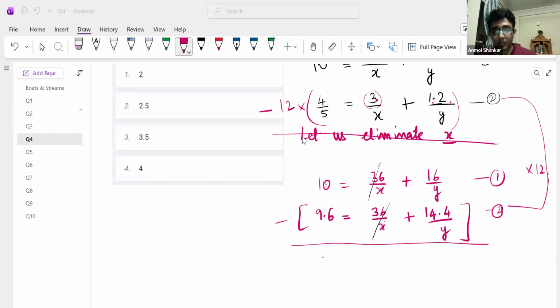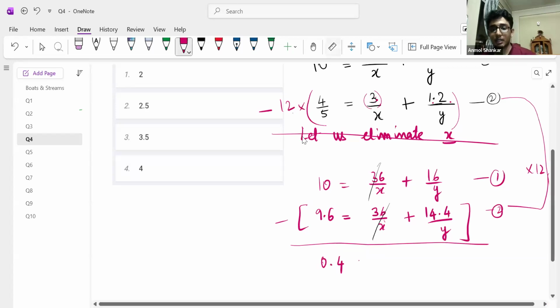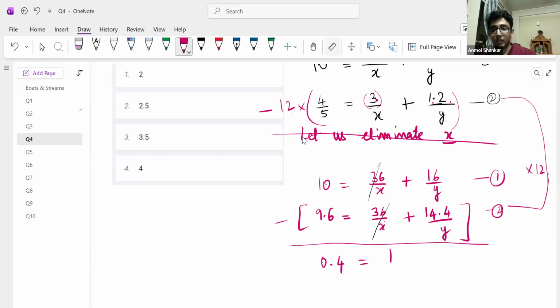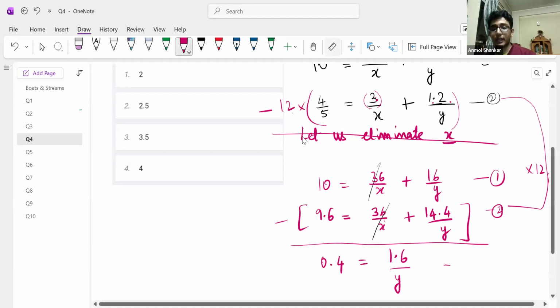Yes, so 0.4. 10 minus 9.6 is equal to 16 minus 14.4 on the 1.6 divided by y. So you will get y is equal to